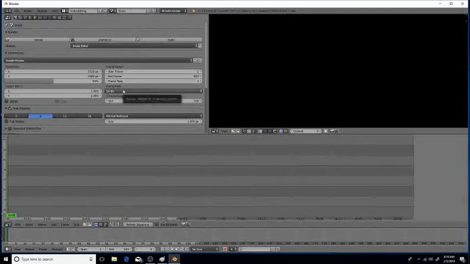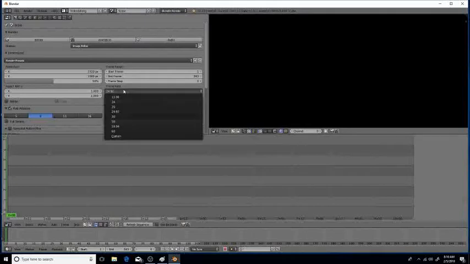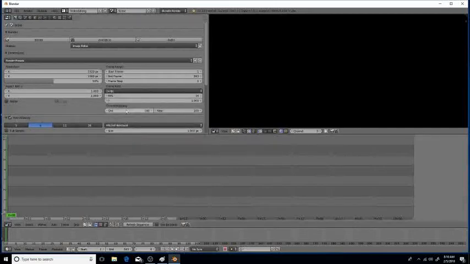We're going to be using 5 frames per second because we'll be putting images in here which will be turning into an animation. So change this to custom, and then again select down here and just type in 5. So you're changing this to 5 frames per second. That's going to be your custom setting. Then you should scroll down,